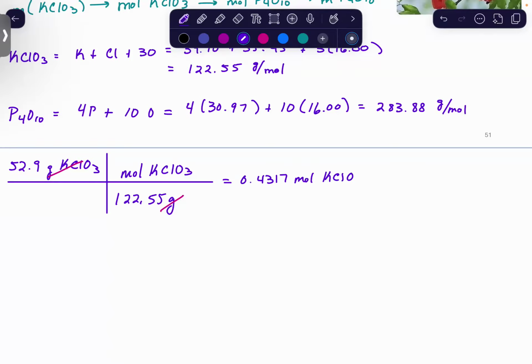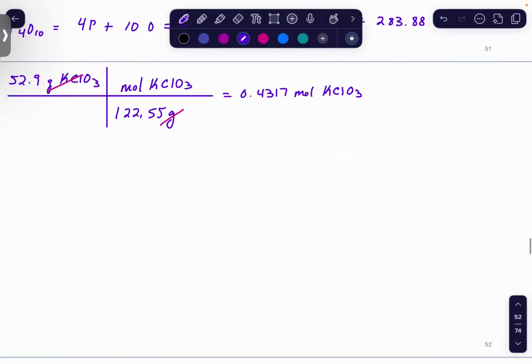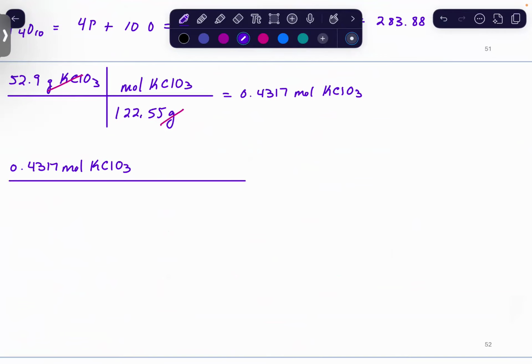moles of KClO3. Now I'm going to use the ratio in the chemical equation. You notice I have 10 to 3 for my molar ratio. So that's going to be 0.4317 moles KClO3. And from my chemical equation, that's going to be 10 moles KClO3 to 3 moles of P4O10. And that's good. So you see moles of KClO3 will divide out. This is going to give me 0.1295 moles